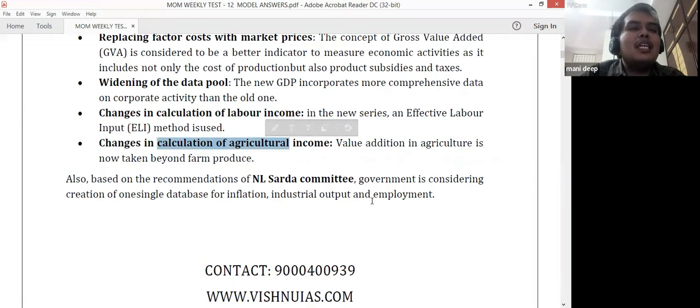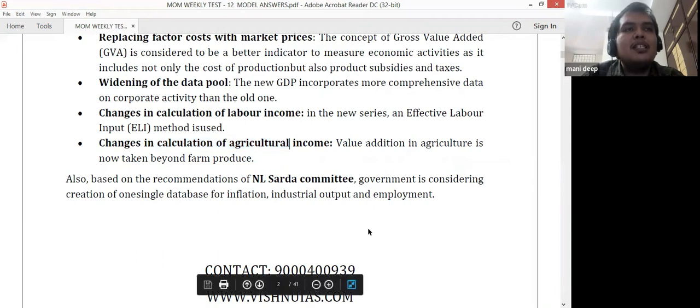So nowadays, we do not have a good calculation of agriculture income. Now they are trying to bring in some changes based on the recommendation of this committee, which is called the NCERT committee. In this way, you can start, and you can end by also saying how different countries are using their income methods, whether based on expenditure, or product-based, or value addition. Based on that, you can conclude also.